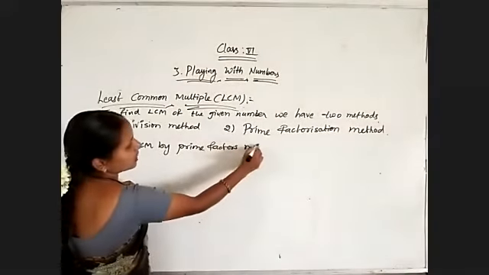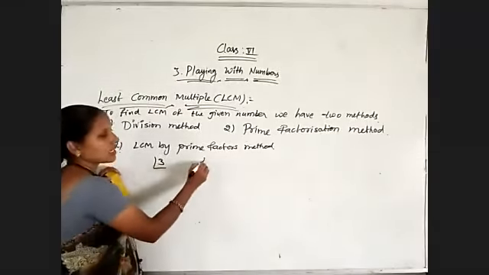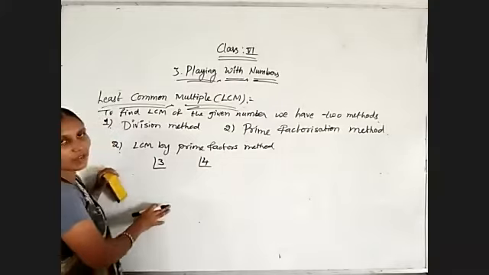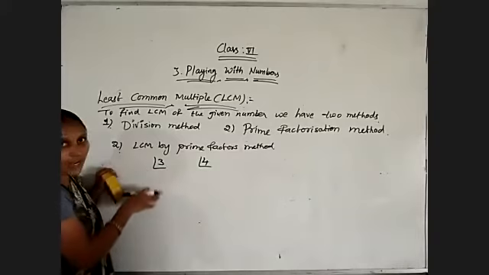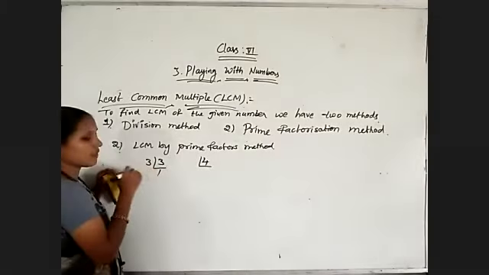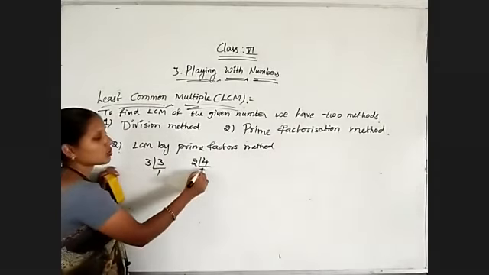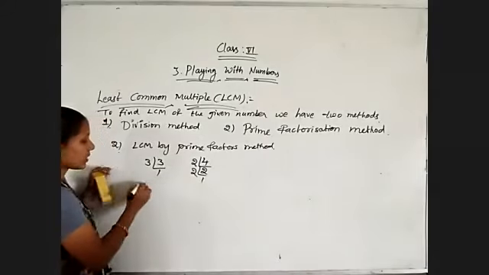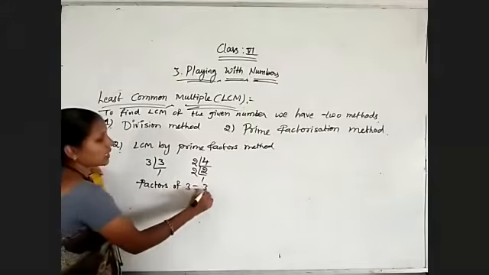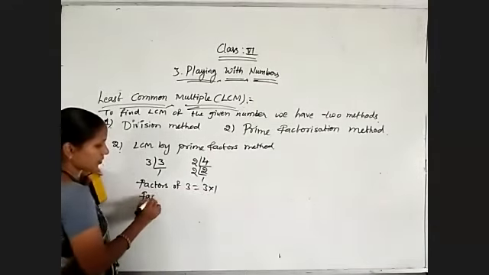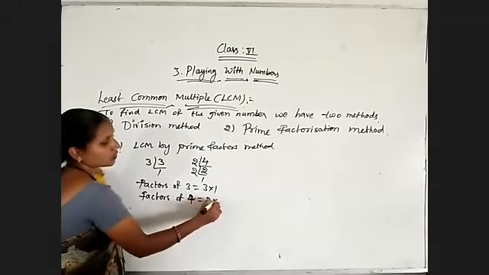Simply the prime factors method. In this, using 3 and 4 only. So prime factorization, I already told you, separate numbers we have to take. Always, whenever you are getting prime factors, take a single number and find out its factors. So 3 is a prime number, 3 ones are 3, that's all. 4 is not a prime number, so use the 2 table, 2 twos are 4 and 2 ones are 2. Now factors of 3. Factors of 3 is equal to 3 into 1, and factors of 4 is equal to 2 into 2 into 1.